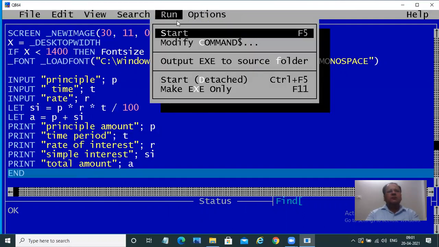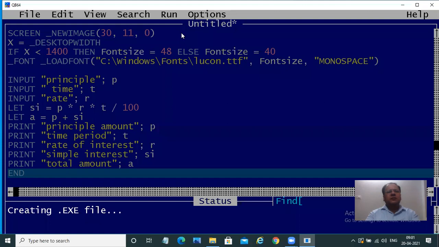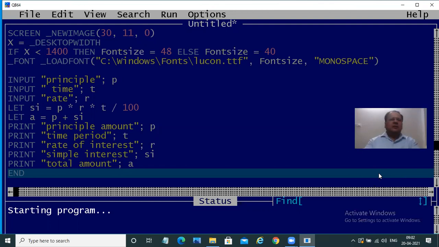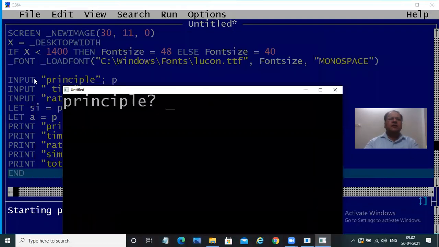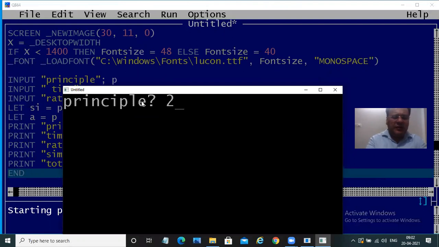So we'll run this program and we'll see what happens. It is the speed of the processor basically which takes a little time. My processor is a little loaded, so it may be taking a little time. Now principal amount, this time it is asking you because we have asked to input it. Now I can change it.